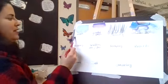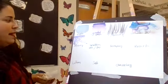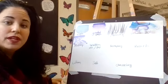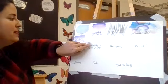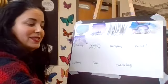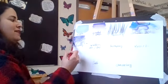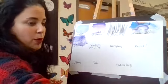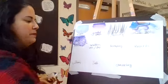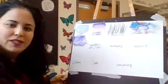And then when you put paint over it, wherever the masking tape is, the paint doesn't go. So if you want to leave an area of your painting nice and white, or if you painted it a certain color and you want it to stay that color, but you still want other things on top of it, you can use the masking technique where you put some masking tape down on dry paper. So make sure that it is nice and dry. And then when that's dry, we'll come back to that and you peel it off and you can see how